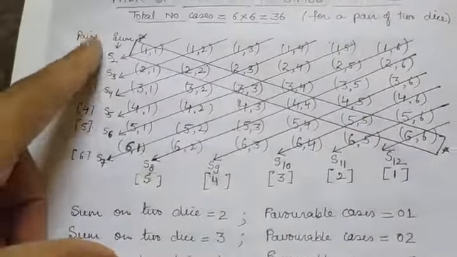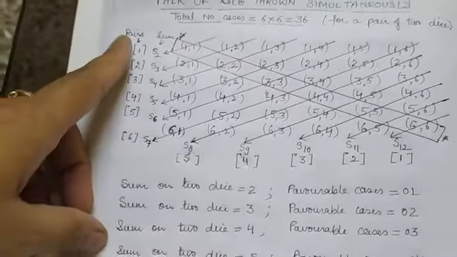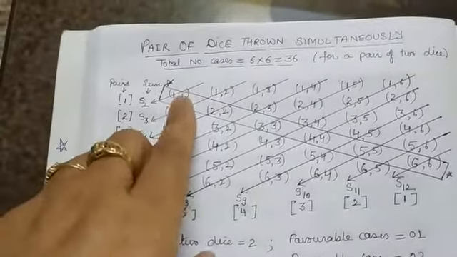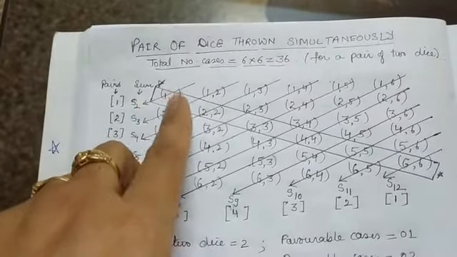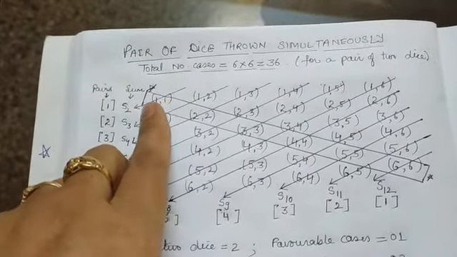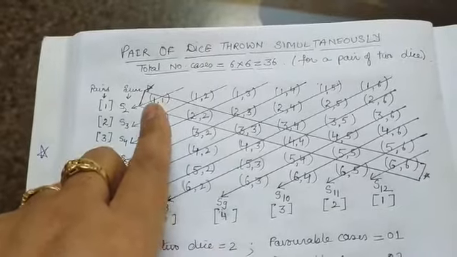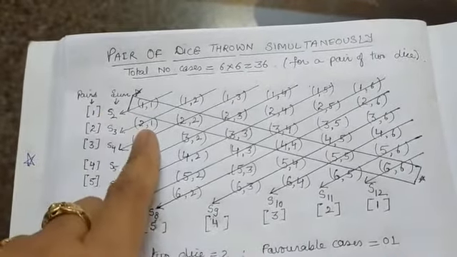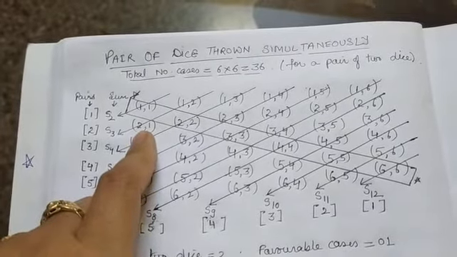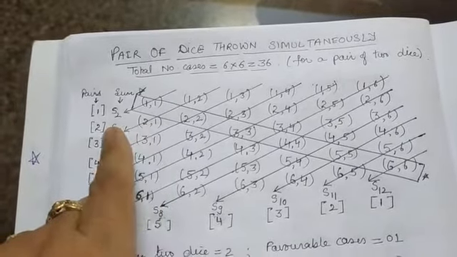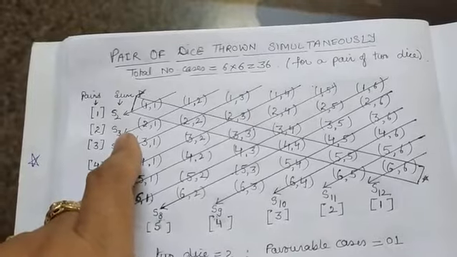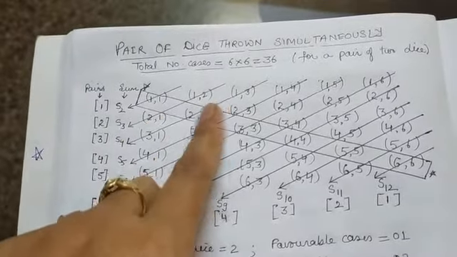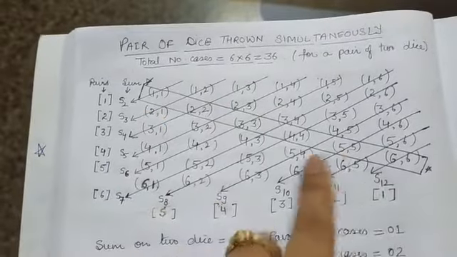So I have made the columns over here. See, this shows the number of pairs. When the sum of 2 is obtained on the 2 dice, there is only one case. 1 plus 1 comes out to be 2. So how many pairs are there? It is 1 pair only. The second case is when both the dice have a sum of 3. When the sum of 3 is there, you have only 2 pairs, 2 1 and 1 2. Make the diagonals like this, as I have shown in this diagram.